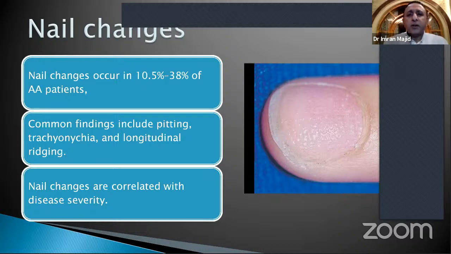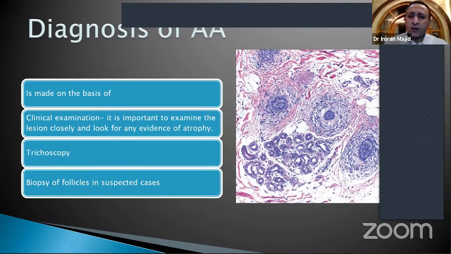Diagnosis of alopecia areata is made on the basis of clinical examination. So we just have to look at the skin on the scalp or other body areas, and what we see is loss of hair with normal appearing skin. But it is very important as a clinician to look at the skin quite closely and look for any evidence of atrophy, because it is at times very difficult to differentiate alopecia areata from pseudopelade of Brocq or even